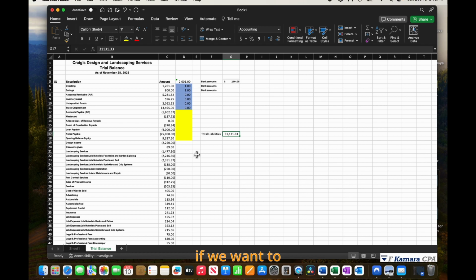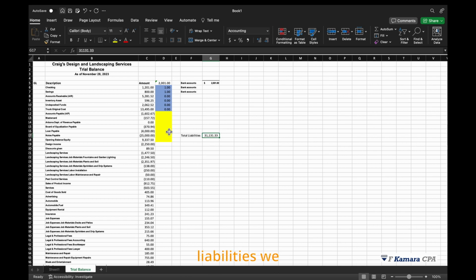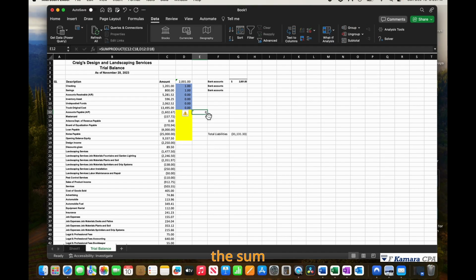If we want to just know the current liability, we can also use the same concept, but in this case we would just want to know the total liabilities. So we're not going to separate. To find the total liabilities, we're going to use the same approach. First of all, we are going to use the sum product. After we've added the sum product, we're going to use solver to solve for the minus